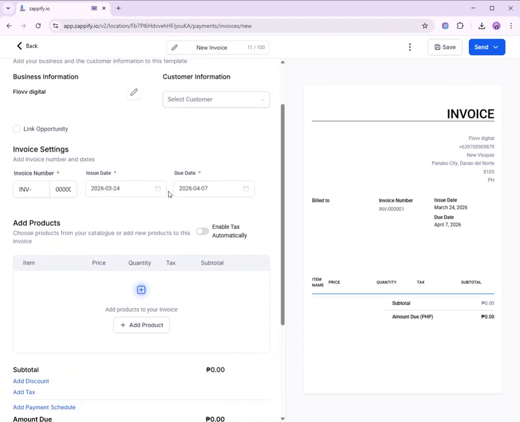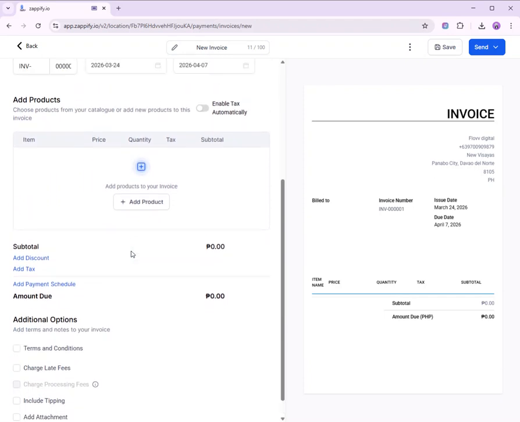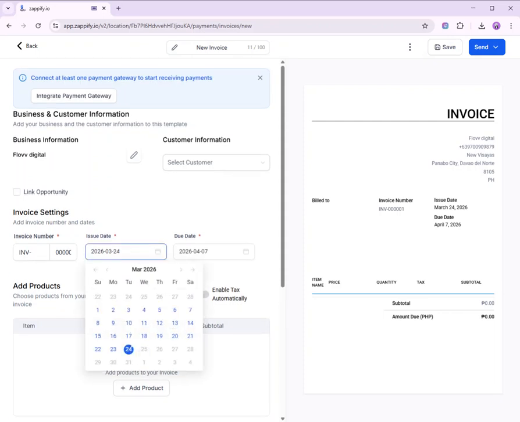So you can choose or select the contact you want to bill. Here, let's say for example this one.